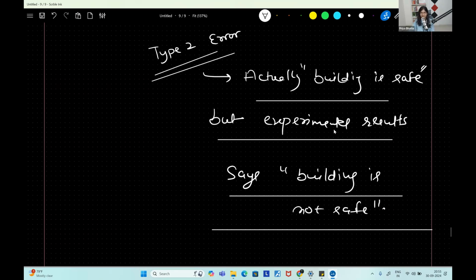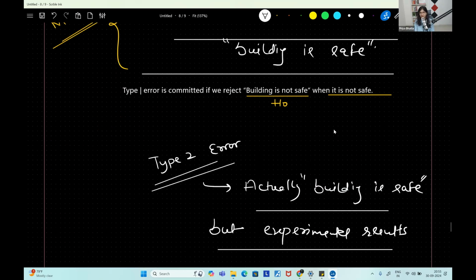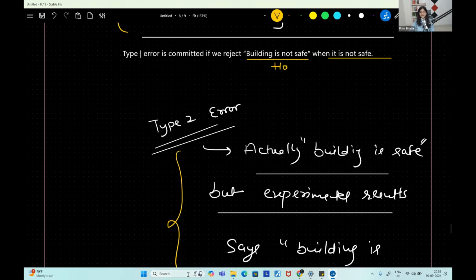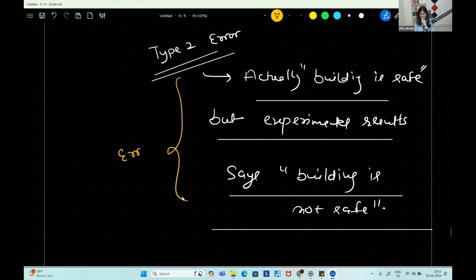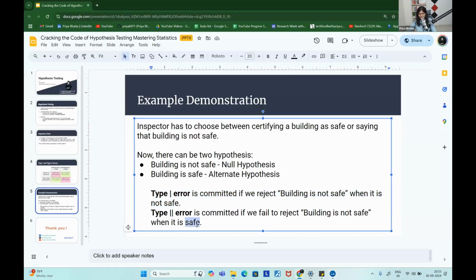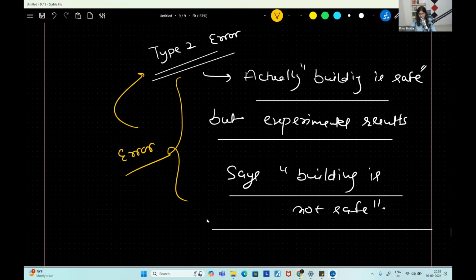Yes, this is also an error. We cannot say it's not an error, but definitely this is not as critical an error as compared to type 1 error. But this is also an error, which we call type 2 error. So if I again copy this statement in a more formal manner,